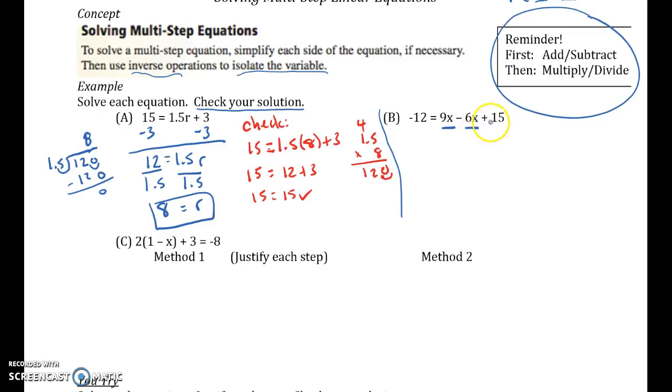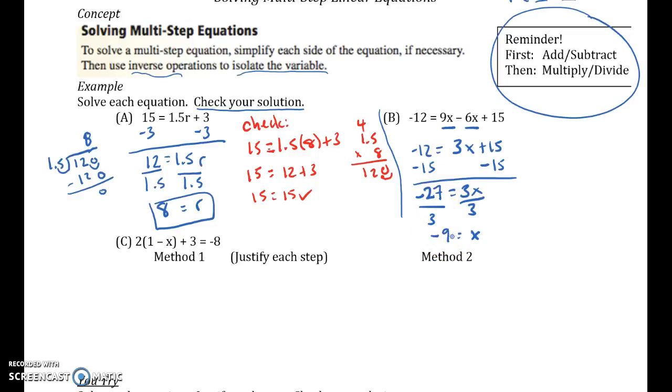So then 9 minus 6 is going to give me a 3x, and then bring everything else down, right? So then again, inverse operations, resolve the addition or subtraction first. Being careful with your negatives, two negatives here, since we're subtracting negative 15 from negative 12, I'm going to actually add those numbers and keep the result negative. So that's going to be negative 27. Equals 3x, and then again get rid of that multiplication or division. So divide both sides by 3, and since we're dividing here, negative divided by positive is negative,